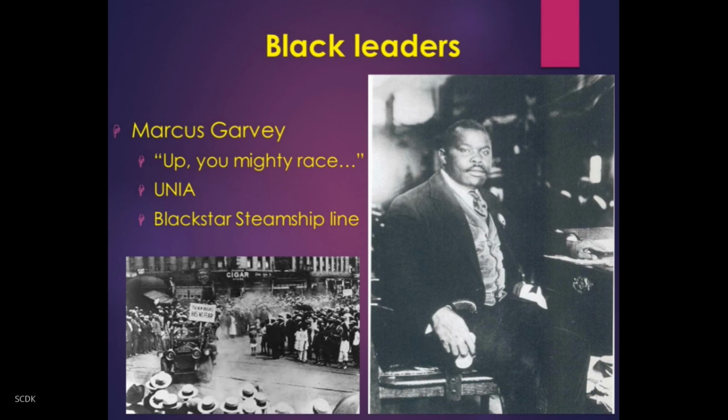Those tickets were never fulfilled, as the steamship line never really took off. And so eventually, Garvey was arrested for mail fraud. He spent some time in jail and then ultimately was deported to Jamaica as an undesirable alien. Garvey was a prominent black man, and he was silenced by the government under dubious circumstances. And yet his ideas helped to spark a flowering of black pride that found expression in the cultural revival that followed, known as the Harlem Renaissance.